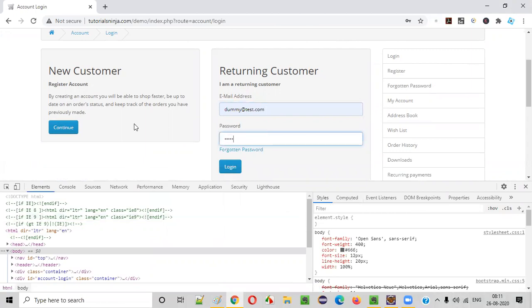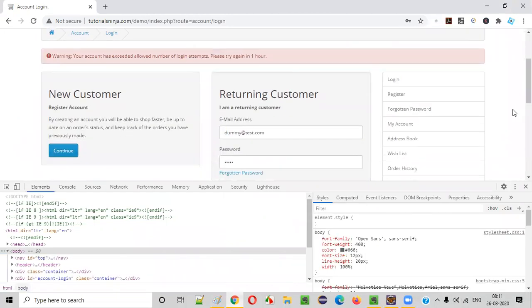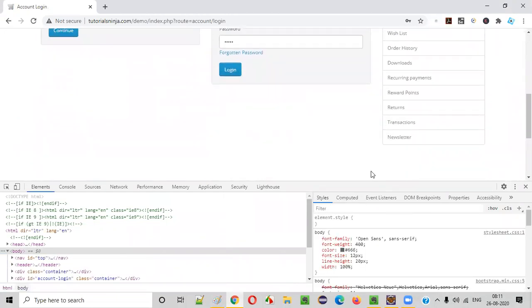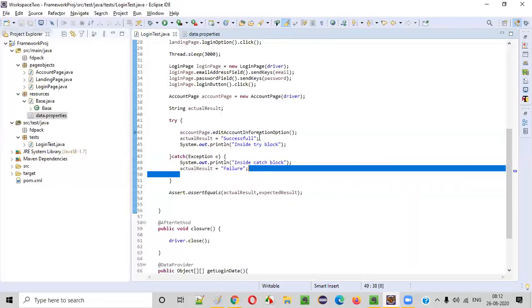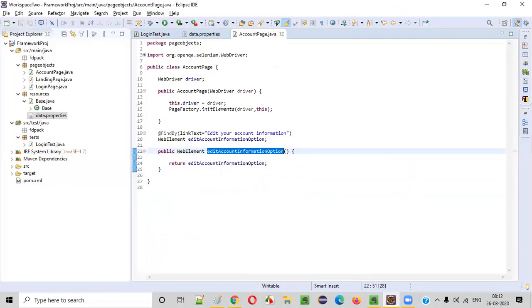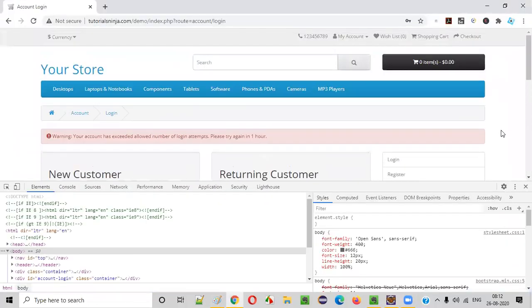Click on login. So here it's able to find this option. Edit account information option is being found. That's nothing but this link text. Where is that? Edit account. I think it should not be there.